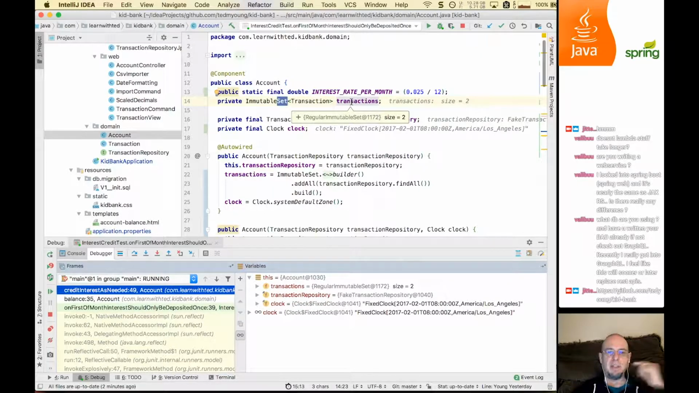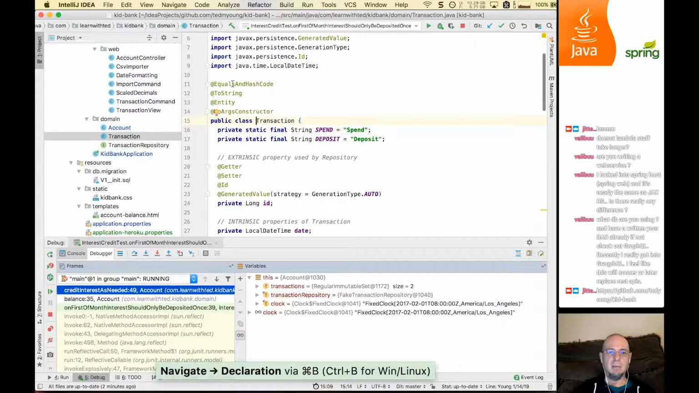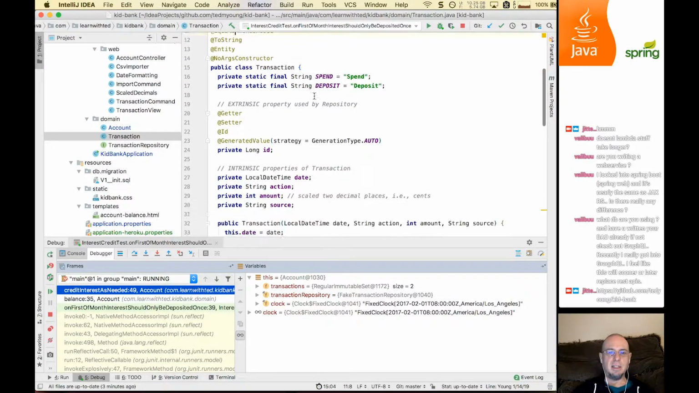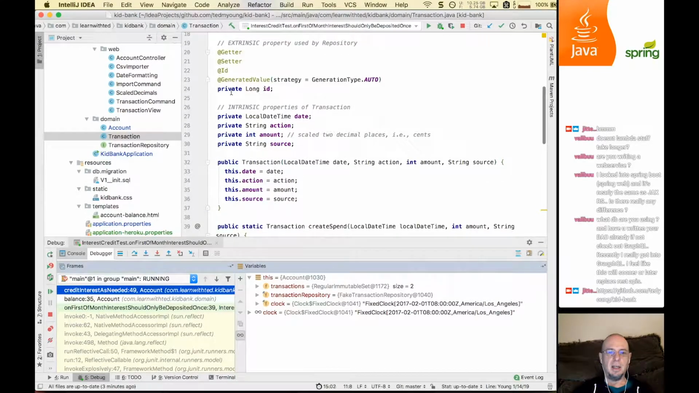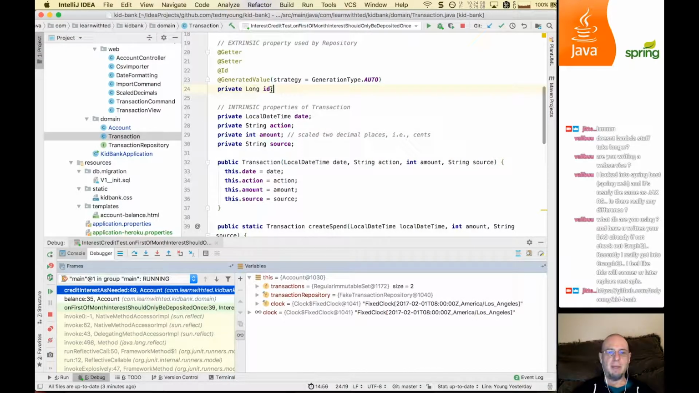But the problem is that if we look at transaction, we see that we're using Lombok to generate the equals and hash code, and it's basically using these 5 variables, but ID is always null because we're not using a database, so this isn't getting generated. So our fake repository, which is what's holding on to all the transactions,